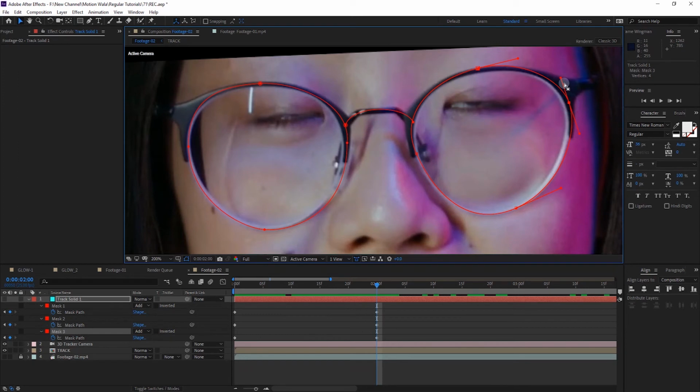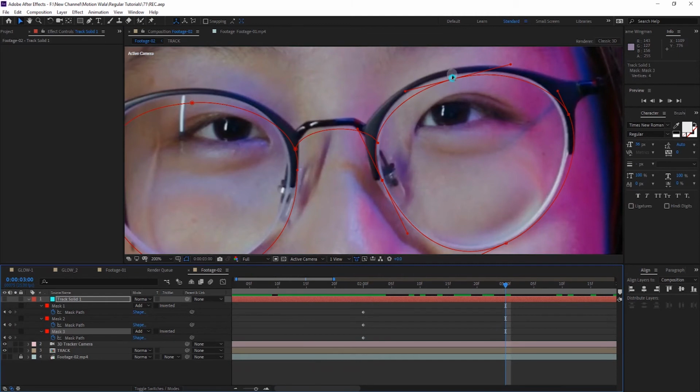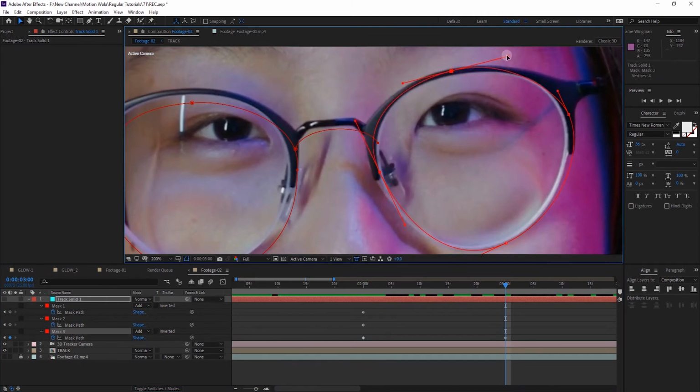Something like this, and this one something like this and like this. So just some little tweaks are needed. Then go one second forward again, and same thing, tweak it a little bit.